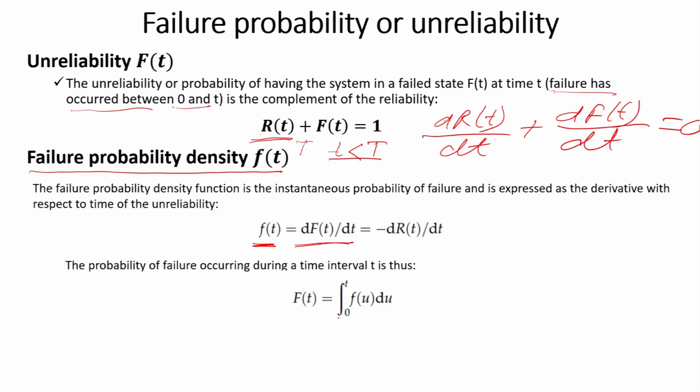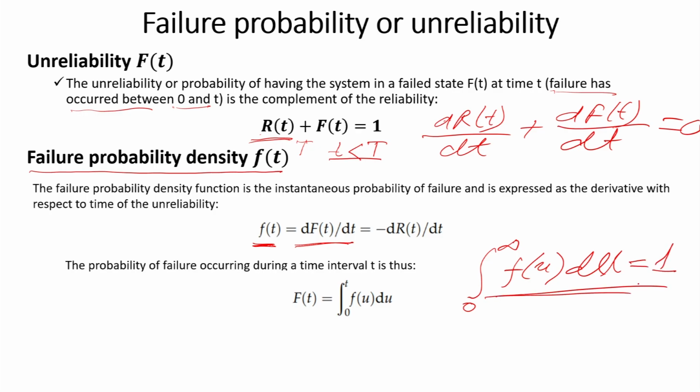So, it is the integration from 0 to t of f of u du, and if you take the total time, that is 0 to infinity of f of u du, then this will be equal to 1. This is the total probability, so it has to be 1. If you integrate this probability density function from time 0 to infinity, it has to be equal to